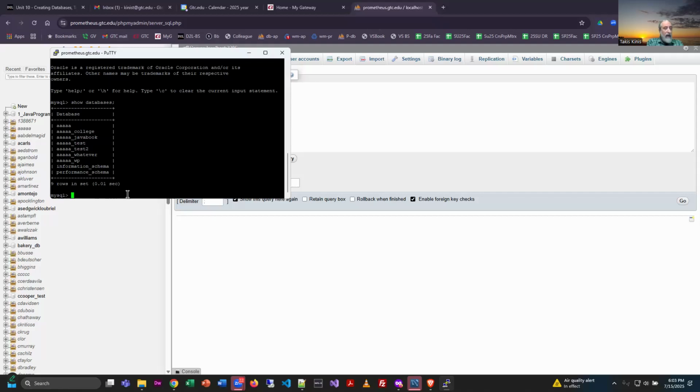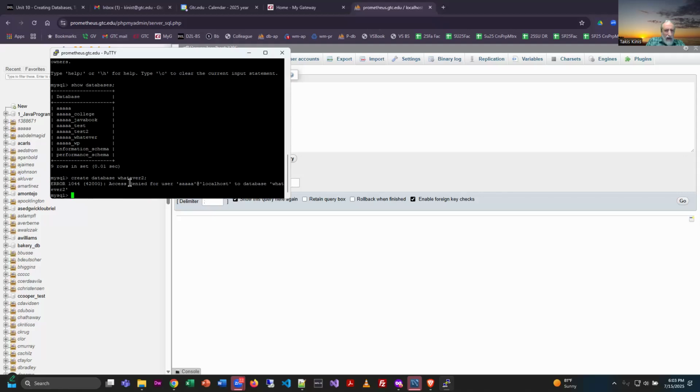and this shows me all the databases attributed to my account. And if I wanted to create a database, and I'm doing this from the command prompt because I want to show you that it works basically. And I'll call it whatever, but I already have a whatever. So I'm going to call it whatever 2, right? And it's got to be terminated with that semicolon. Just like in regular SQL code, I can go ahead and press enter. And now I'm getting a